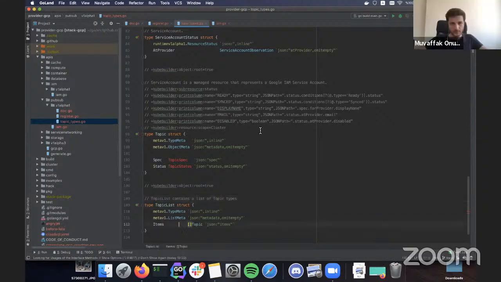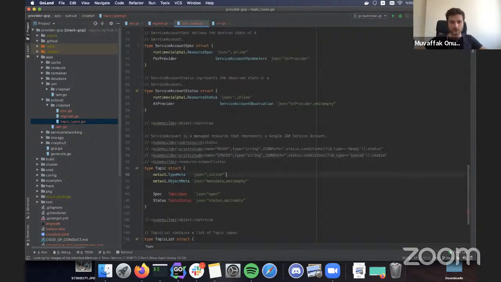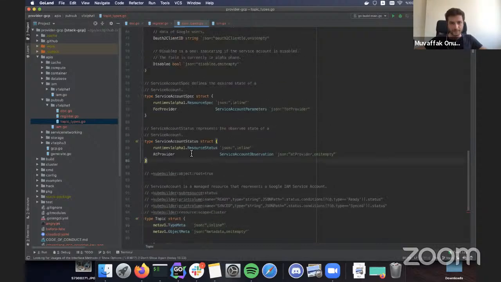Okay. And we can just delete these. So these are printer columns. That's what you see when you do kubectl get. And you've got columns. These last three are specific to service account. So we can just delete them and we can come back and see what we can supply there.